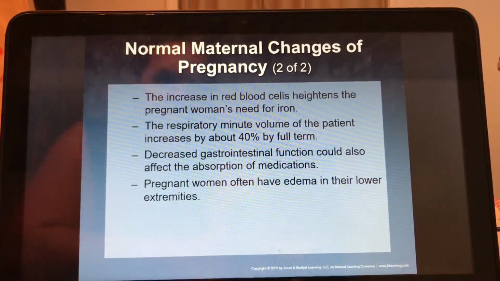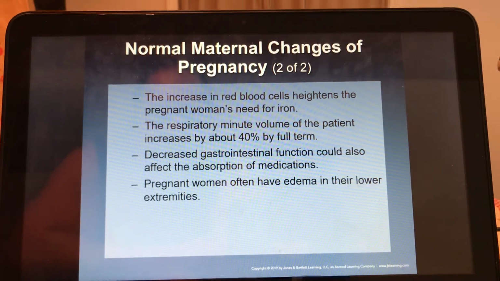So she needs more iron. That's going to help make the hemoglobin and make more red blood cells. She is going to take in more respiratory minute volume. Like, she'll actually take in more volume. Right now, I believe it's about 5 liters of air, which we consume. She'll actually have to be consuming more because she's using more oxygen to feed the fetus and the developing